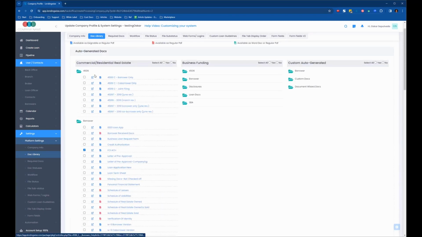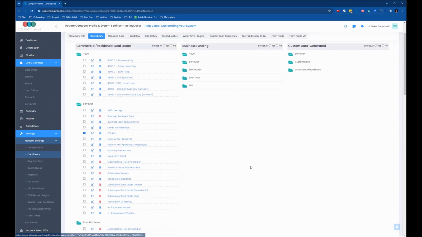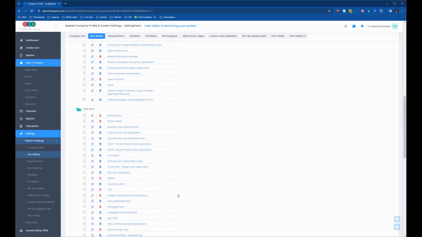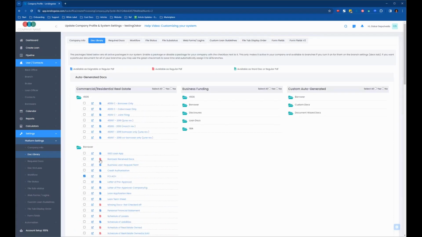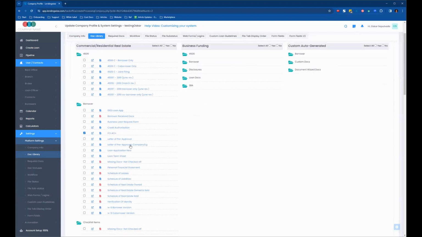Also listed here, you're going to see that some of these documents may have a PDF icon with a red PDF logo, and some of the documents have a blue PDF icon right there. And some of the documents might have both, right? So when you see the red PDF icon, that's just a regular PDF. It's still a smart PDF. When you use this in the loan file, you're still going to be able to generate a PDF